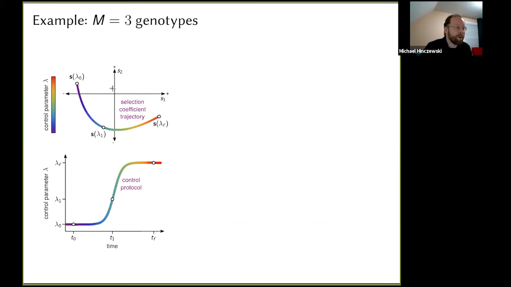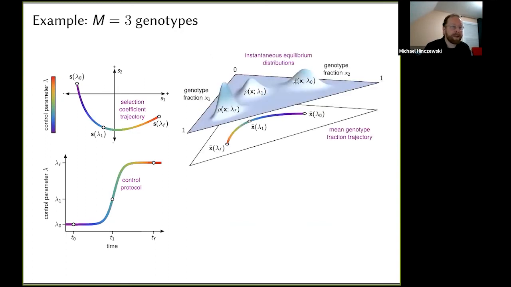And for each value of that S, there's going to be a corresponding instantaneous equilibrium. I wrote it as rho here, but it's the same thing as P equilibrium. And so as we change our lambda, we get different target distributions. And just here, this is going to be important later on. These are the mean values associated with each instantaneous equilibrium. So the mean of this distribution, I'm going to write as X bar, corresponding to that individual value of drug